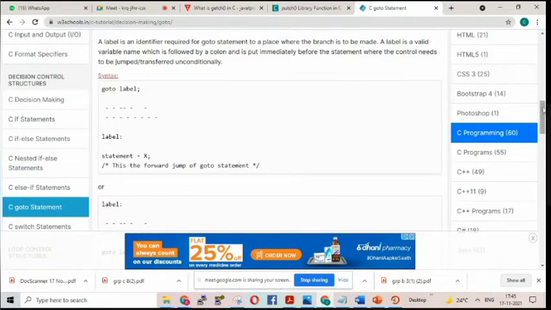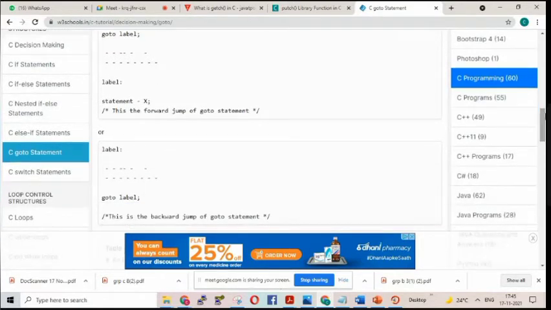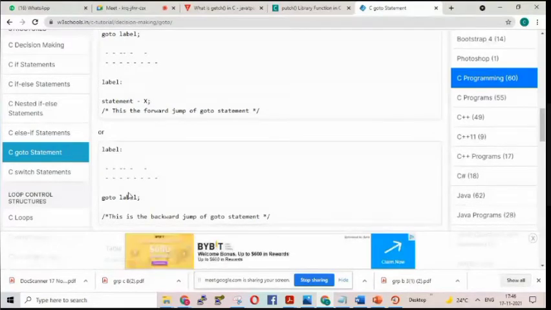When the forward jump is written, you must know the backward jump also. How is the backward jump? This is another common interview question. By using go to, is only a forward jump possible, or is a backward jump also possible? Yes, both forward and backward jumps are possible. When you are writing go to level, remember that after writing level, giving a colon is the syntax.